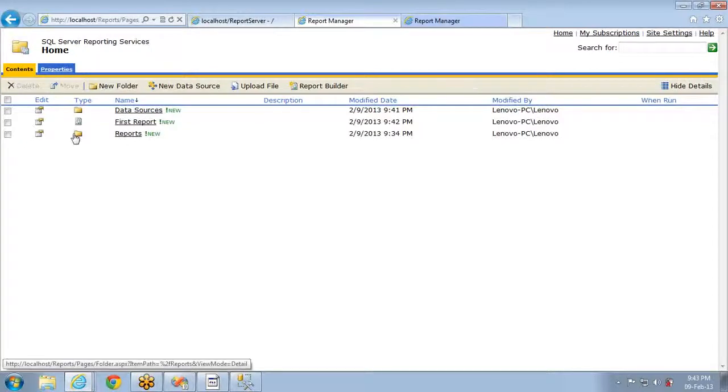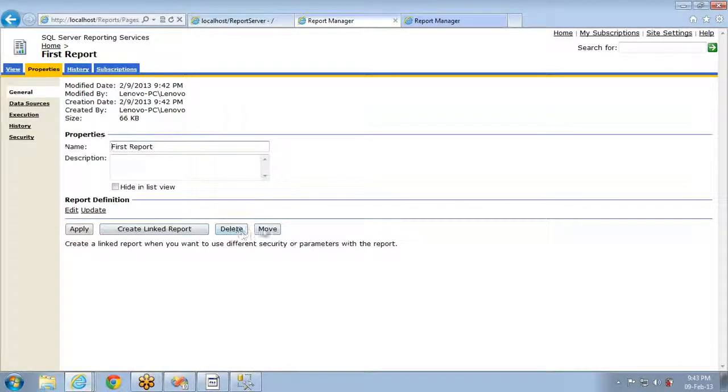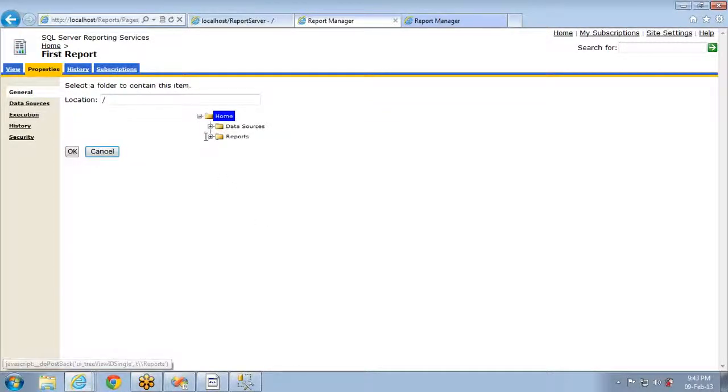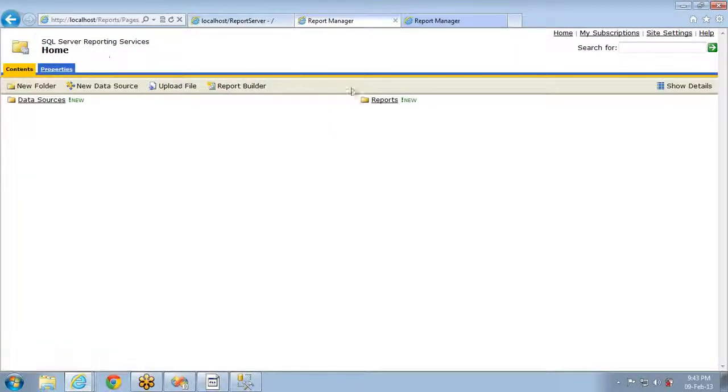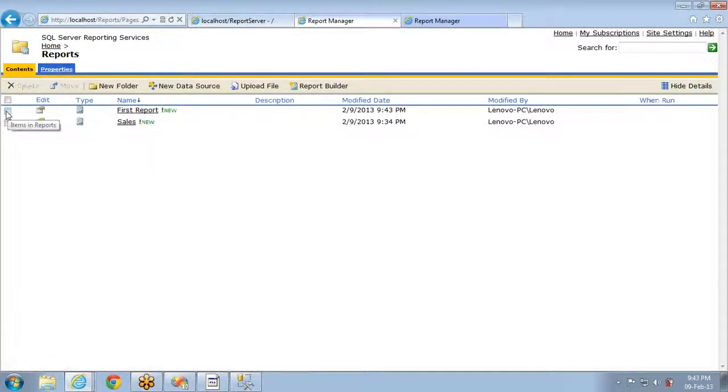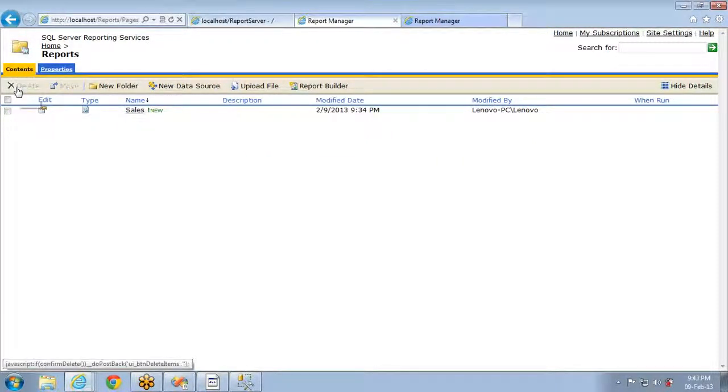And how to move this? The same procedure. Select the properties, and you can see move option, move it to reports folder. So this is done. And if you see here, I'm going to home, under reports, it will be moved to this particular folder. So the first report you can see here. And if you don't want this particular report, select these details, select that part, and delete it. Delete the guy. So this is one option, right?